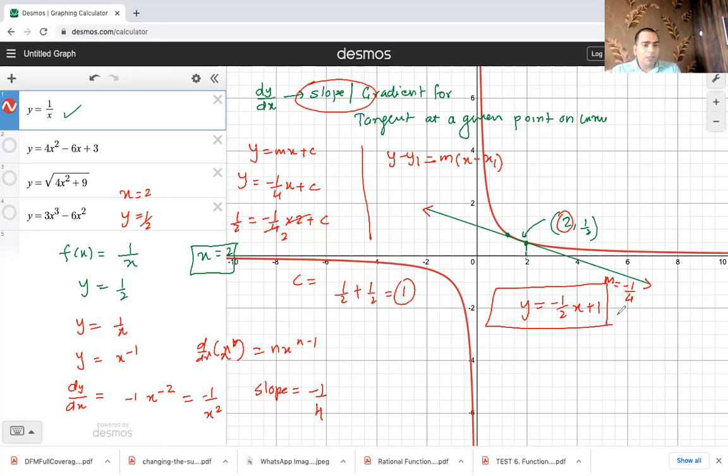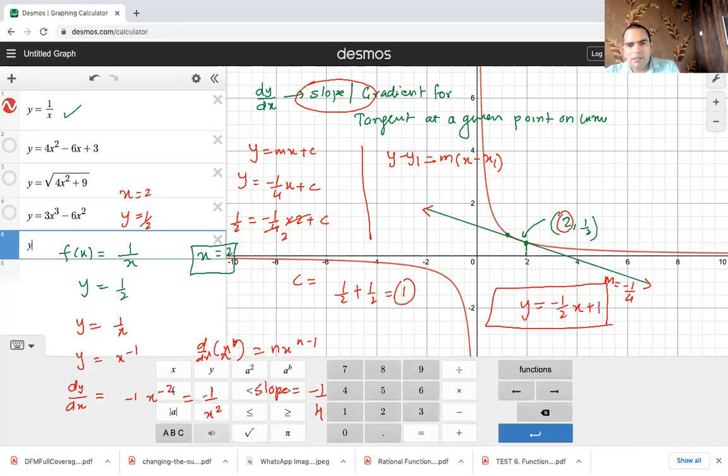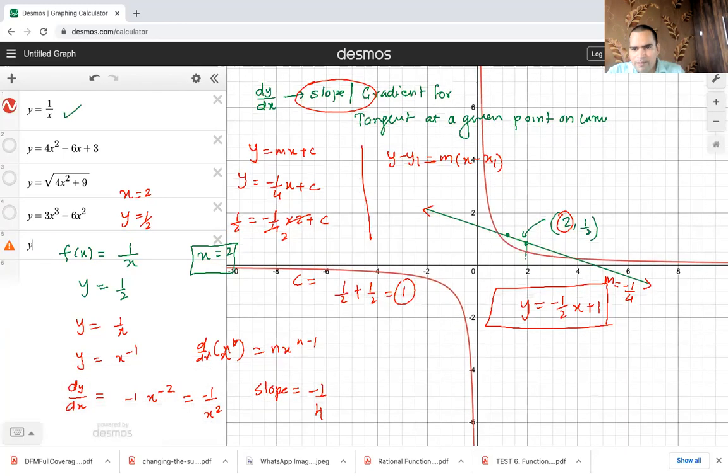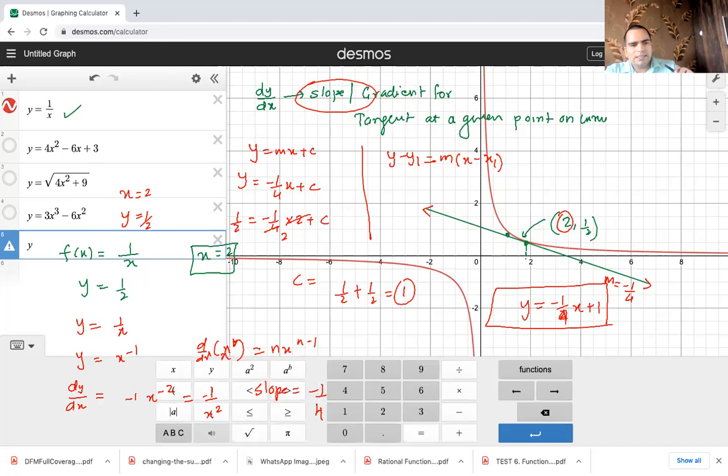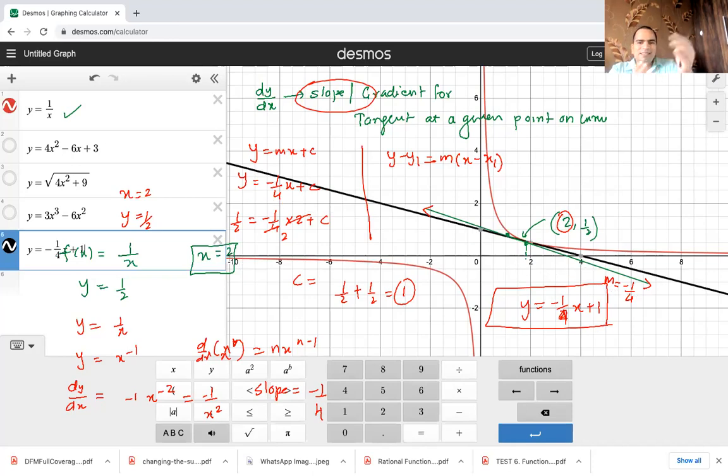So the equation of this line, if I draw a tangent, if I draw this line, which is y equals... it's not negative half, pardon, this is actually negative 1/4, because the slope is negative 1/4. So that's my equation. I'll now draw this equation as y equals negative 1/4 x plus 1. You can see that the line that I have now got is actually the tangent to this particular curve at x equals 2, cutting the y-axis at 1,